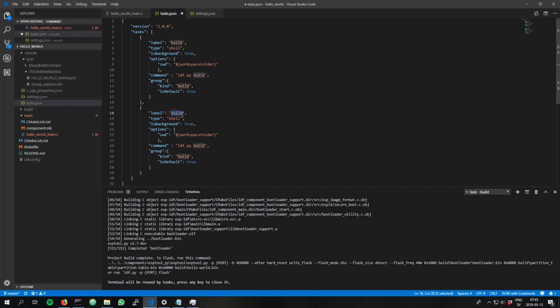We're going to call this task OpenOCD instead. Still want to open it in shell, run in the background, same working directory. The difference here is going to be the command. We're going to use OpenOCD. We're going to open a file. It's called interface/j-link